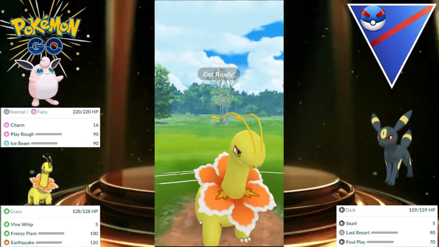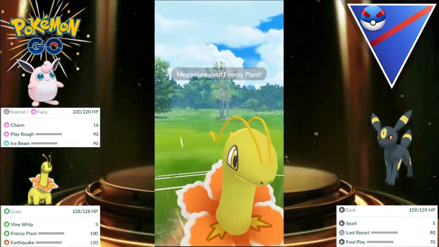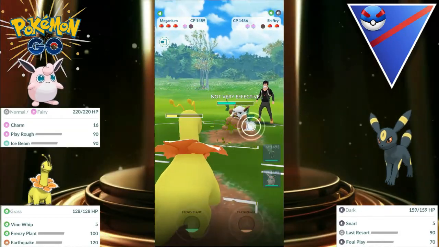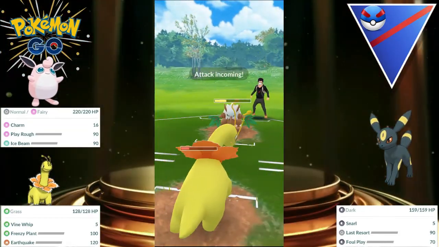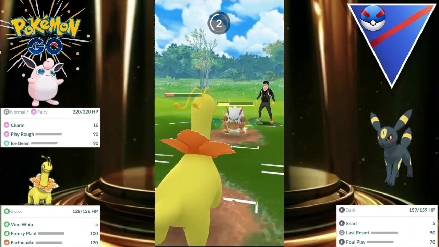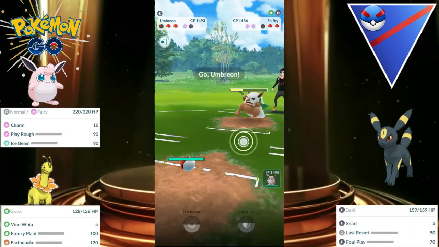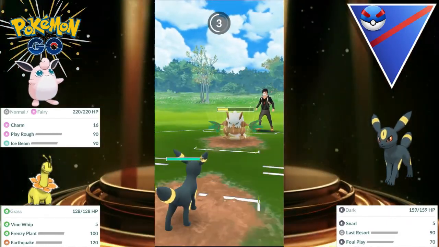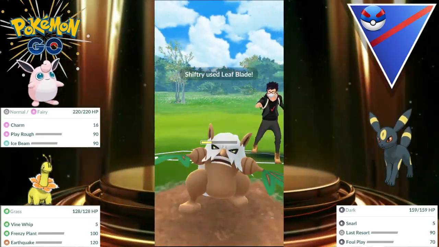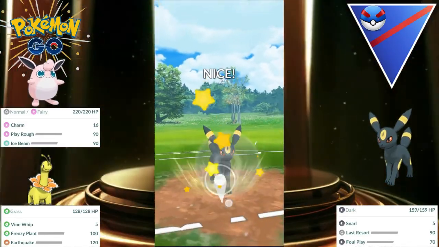Then a Shiftry coming in, we can go straight for the Frenzy Plant, which they don't shield either, so that hits the Shiftry for nearly half its health. We get to another Frenzy Plant almost, but we won't be shielding there to get to it. We can let the Meganium go down. It's done enough work there. We can come in with Umbreon, take a Leaf Blade on the chin, that doesn't do anything to us there, and go for the last resort,